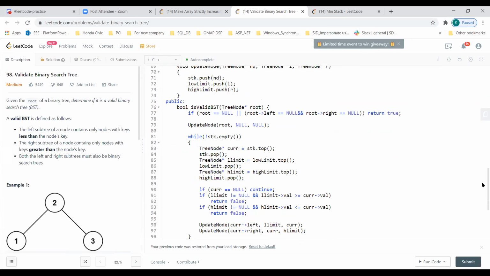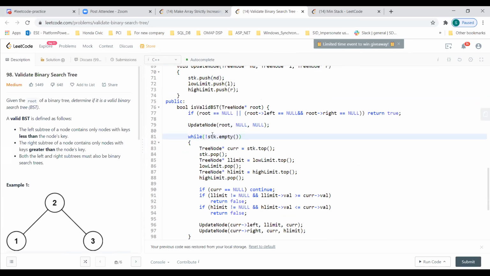They were using integers, but I'm using tree node there. So this is a straightforward iterative. First you push the root in the stack, so update node does the pushing over here. That's the only thing about the update node.